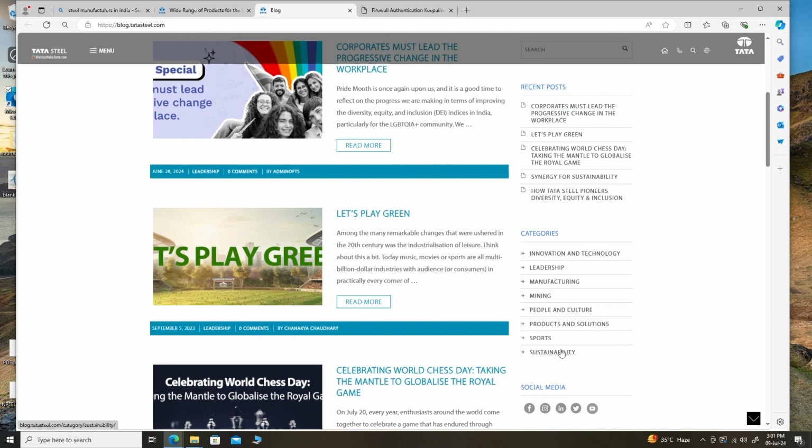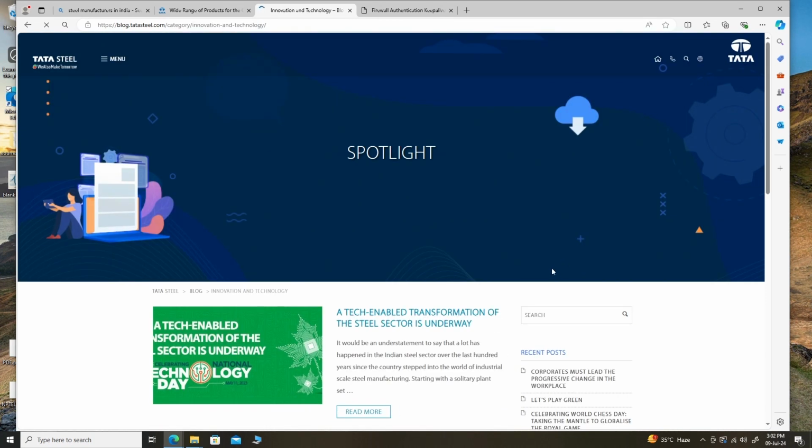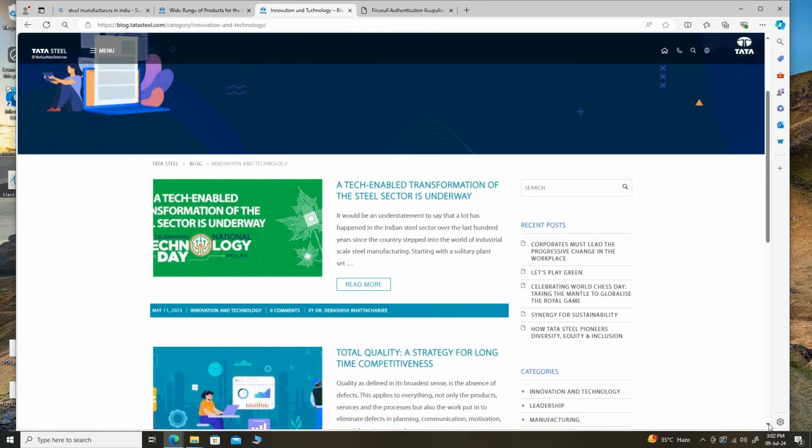So, it gives a very wide and deep image of Tata Steel from the various corporate aspects as well as the marketing aspect. Say, if we are looking at taking some interest in corporate reputation, we click on innovation and technology, and we see how Tata Steel wants to project itself as a technology leader,